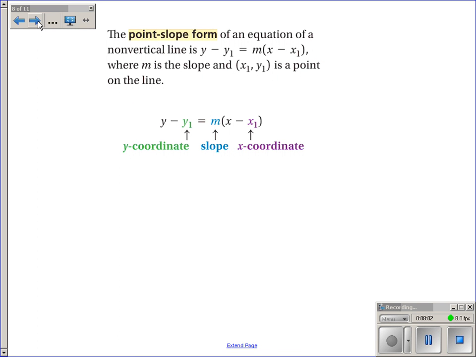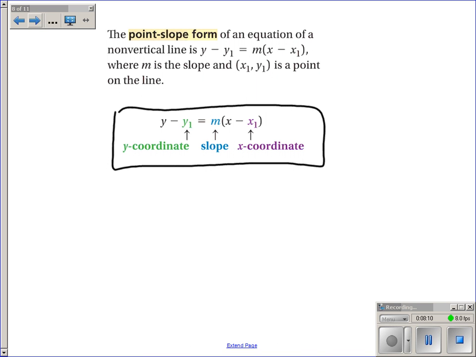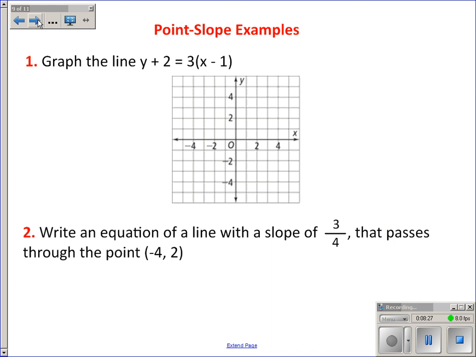Okay, let's move to the point slope form. Now the point slope form is a little longer, where you have y minus y1 is equal to m parenthesis x minus x1, where x1 and y1 is a point on the line, and m is the slope. Now, although it's a longer equation, this one is very useful to us when we have the slope and a point. So if you want to graph the line y plus 2 is equal to 3 parenthesis x minus 1, we'll need to pull out the slope, which is 3,